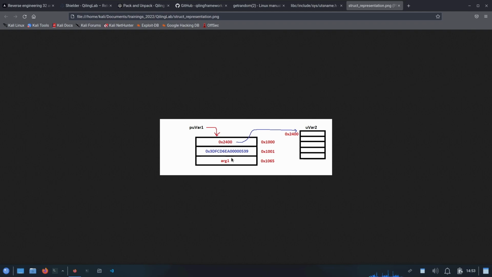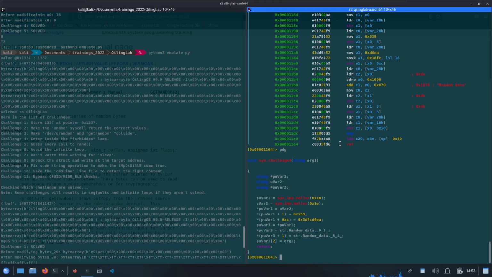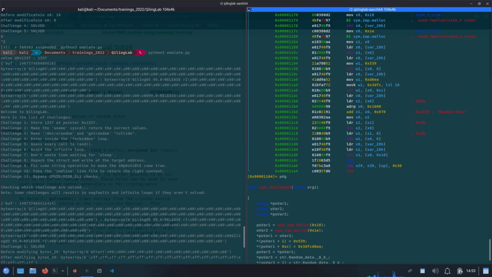So it's safe to say now that this is the structure which we are looking for, and all we need to do is to figure out in our disassembly where this PUVar1 2 is being initialized. So coming back to our disassembled code, this statement is just before the return statement. So over here is our return statement, and this is the prologue of the function, so we can ignore this instruction. And just before this we have NOP instructions, so it's safe to hook at this place